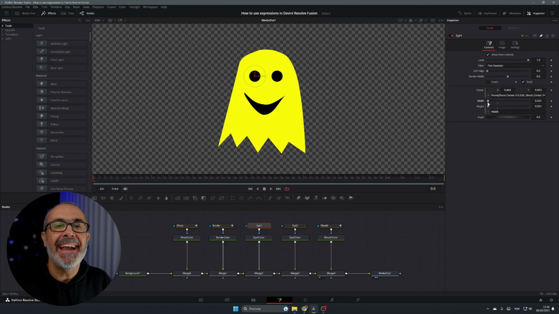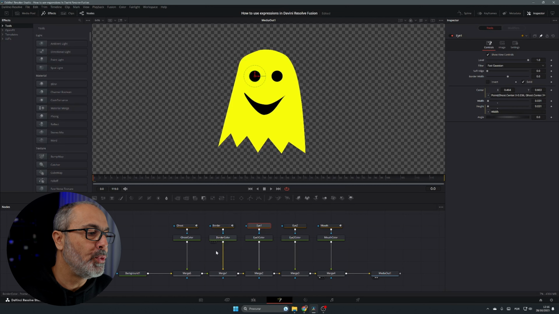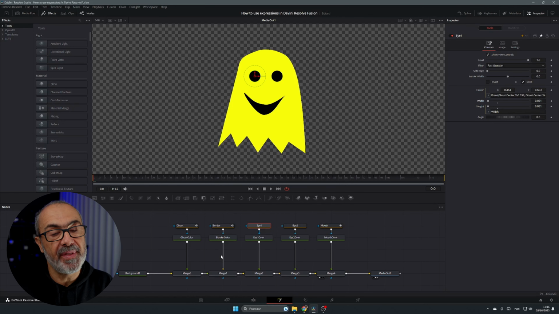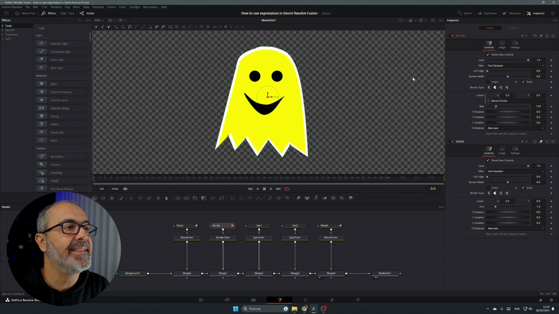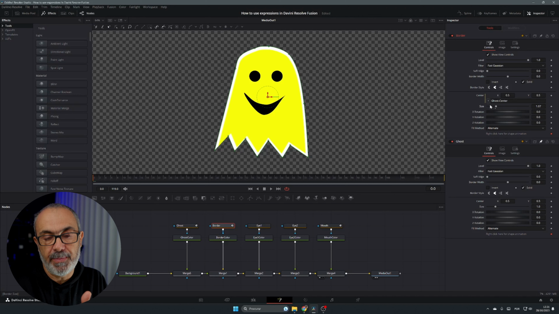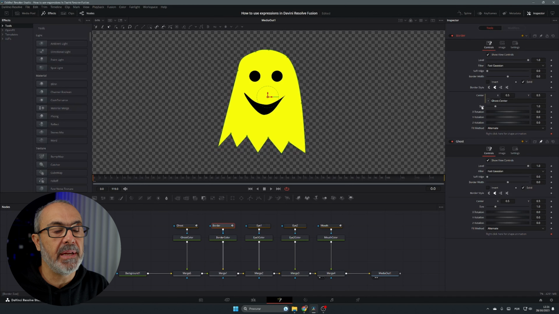Okay? Now let's go here to the border and do something different. You don't see the border, so the size of the border is exactly the same. So look, the border size is 1 and the ghost size is 1. For you to see it, you have to increase the size. So the border, the ghost that is behind in white, could be bigger and be visible. So to do that is very easy. Come here to the size,